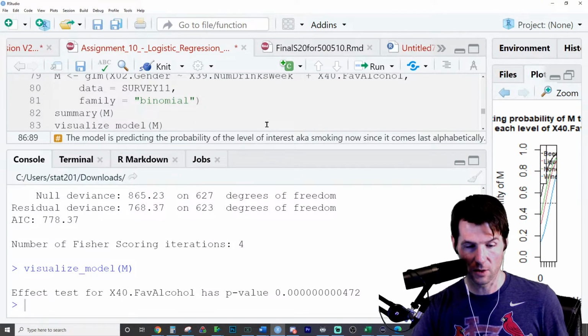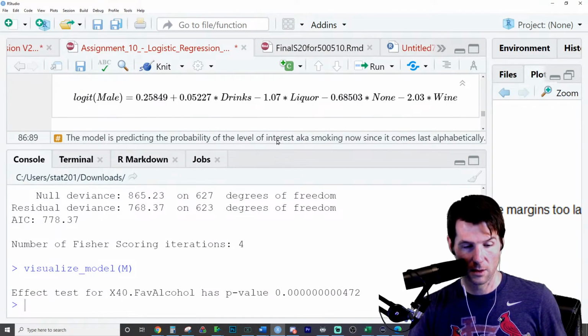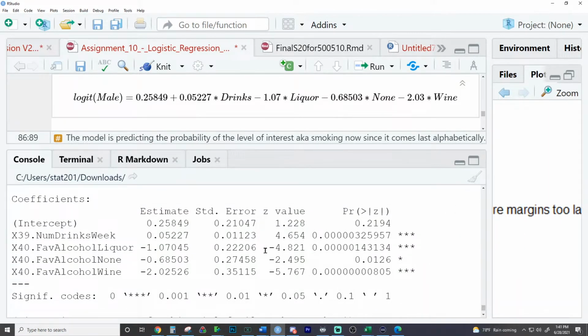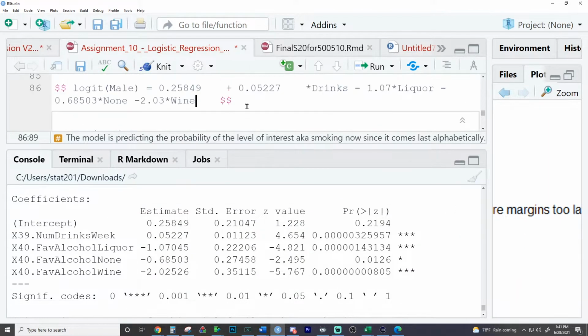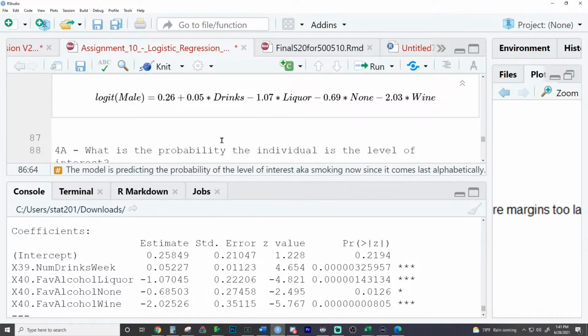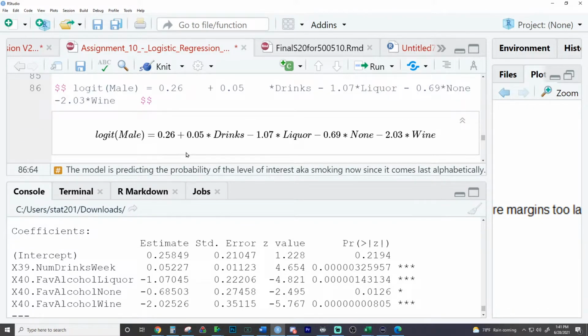I'm going to try to make it nice and big here so everyone can see it. Does it make sense how I took this output on the screen and was able to write this equation? Let's make it look a little bit nicer by deleting some decimals. Of course, I would carry them as I do this. Also, R will do it. But good, that does make sense. I'm glad it does, how I'm able to write this equation, that the logit of male is equal to the intercept plus the coefficient of num drinks per week times this.